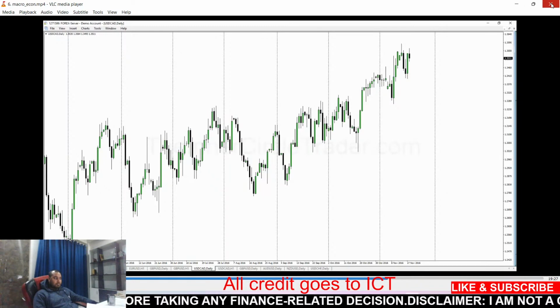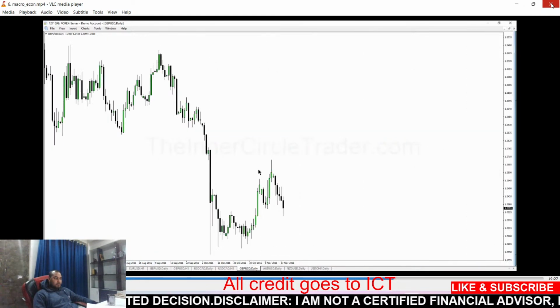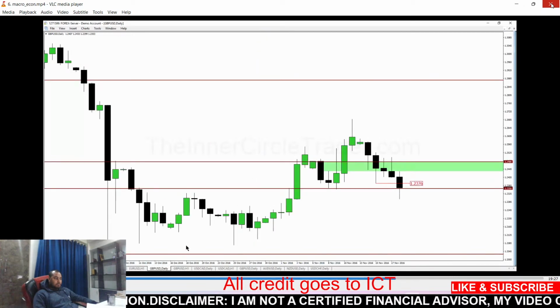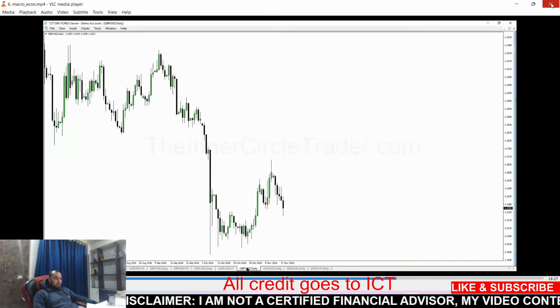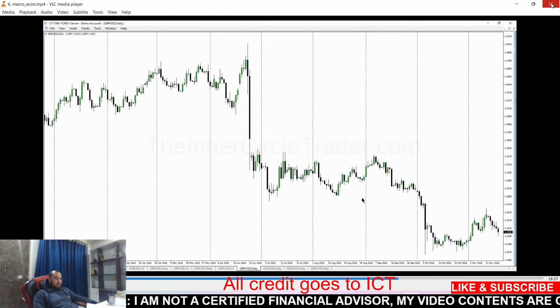Let's take a look at the euro. This is going to be the opposite. We're going to see a high form the first week of September. Here we are. And then it sells off again the last week of September, and there you go. Rolls over. The pound, we should be seeing a high form